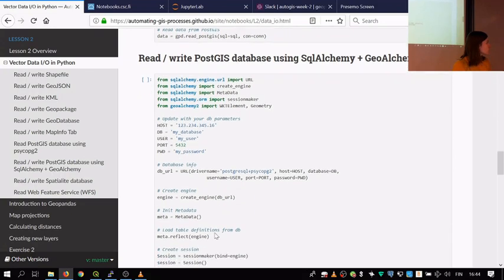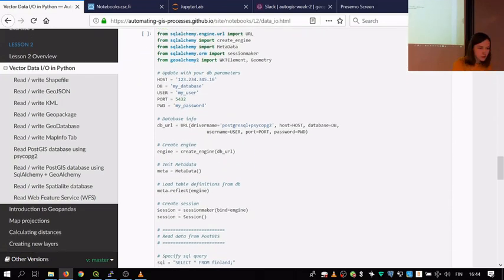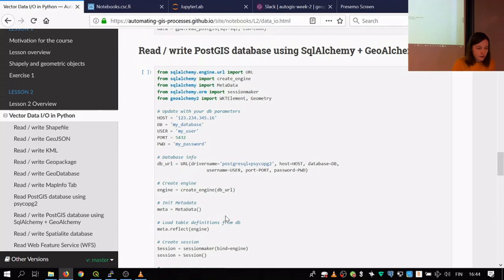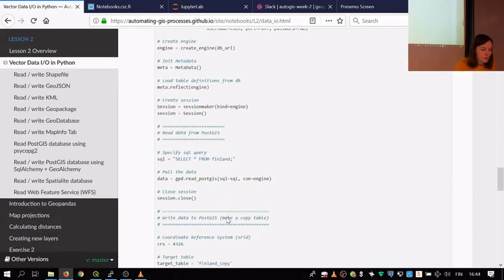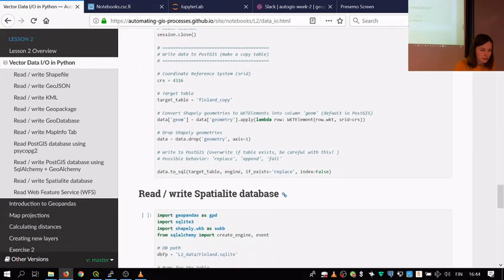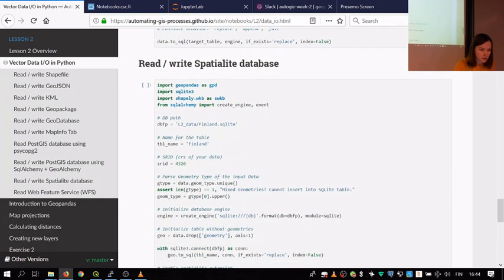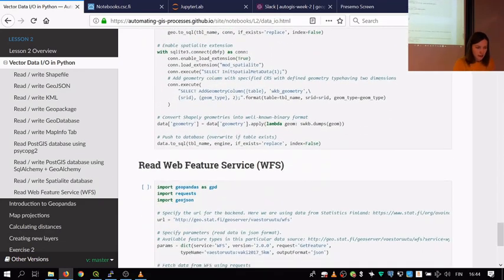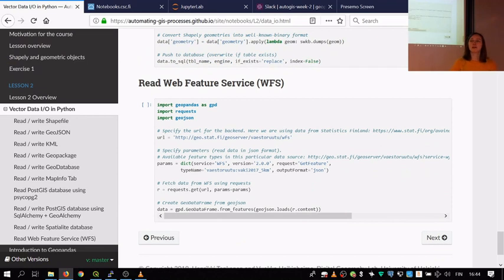You see that the script becomes a bit longer. So if you need these approaches, you can check the syntax more closely. Spatialite database. Then finally, web feature services. This is something we can try. It should work. So at least those of you who have taken the OpenGIS course should be familiar with web feature services. So for example,